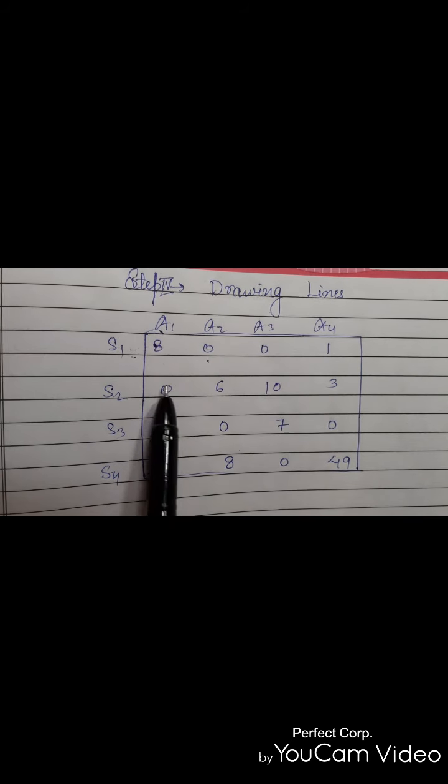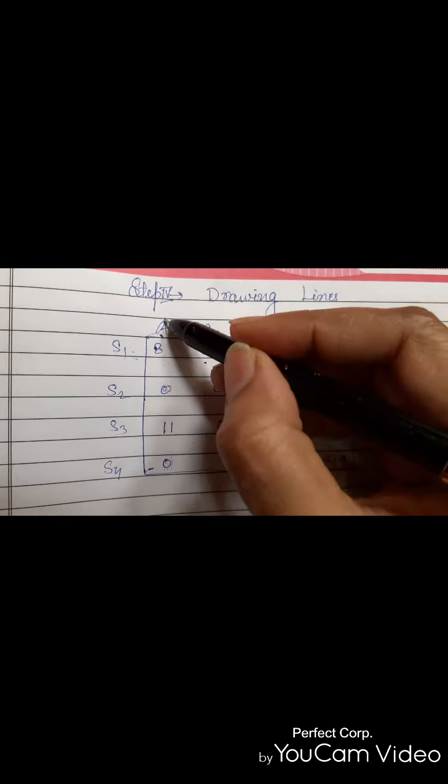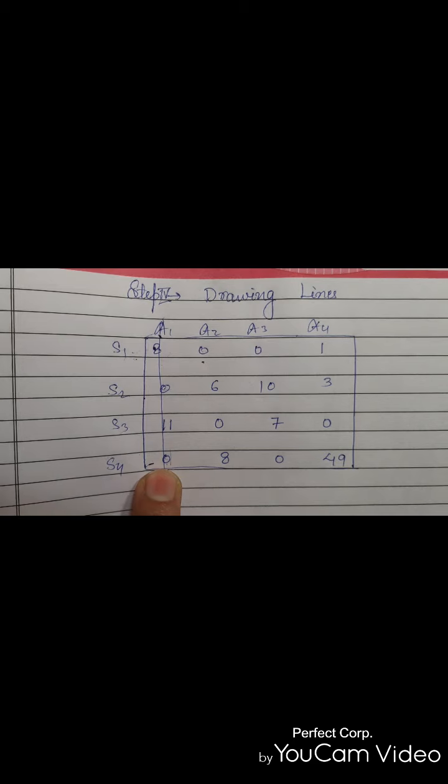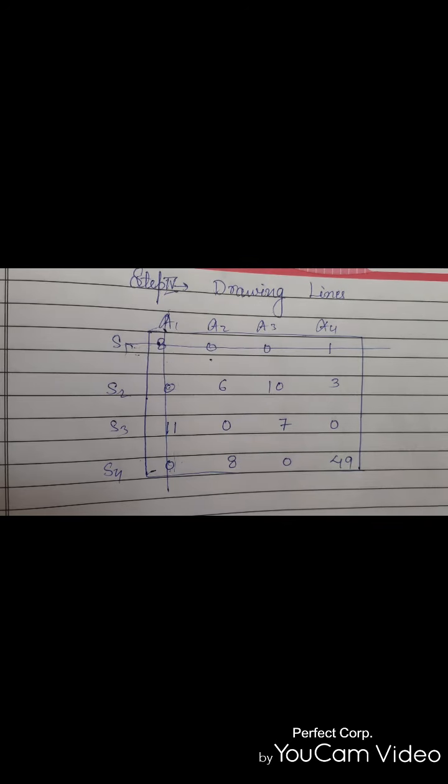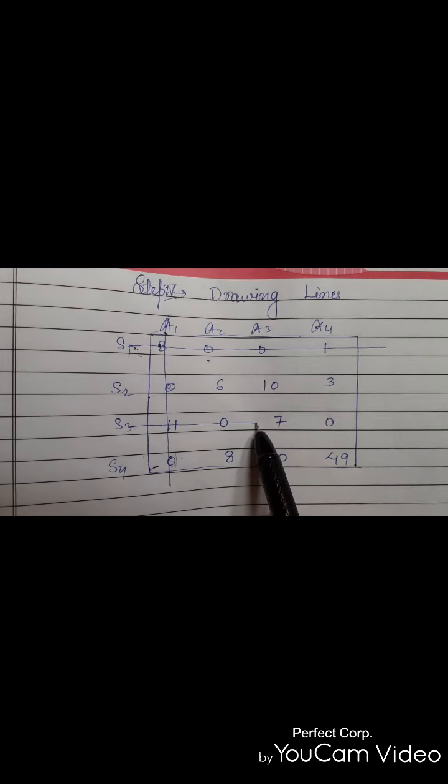I will wait for this zero because this is a single one. Yes, I can see here that I have two zeros. If I draw a vertical line, I can cross this zero along with this zero, so the two zeros can be crossed. If I draw a horizontal line, these two zeros can be crossed. Now I am left with these two zeros. Here I can draw a horizontal line, instead of single vertical lines, to draw the line over these two zeros. I covered these two zeros.